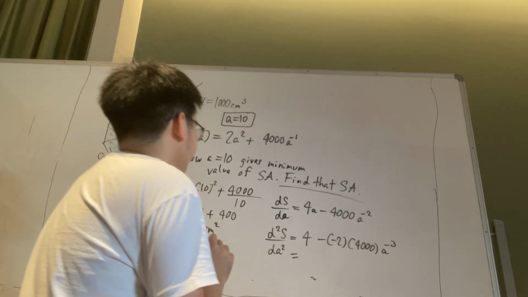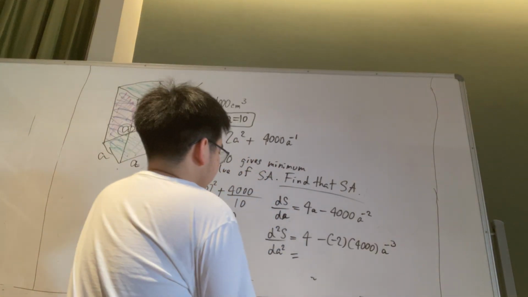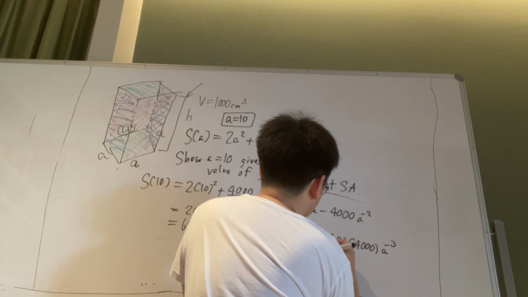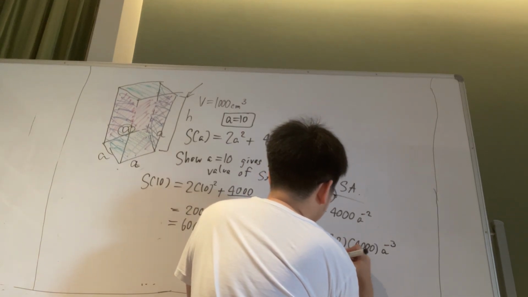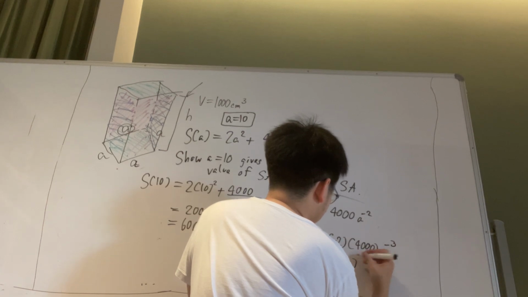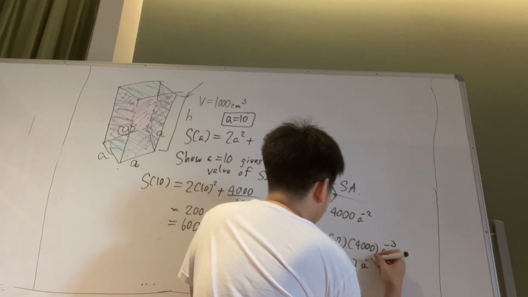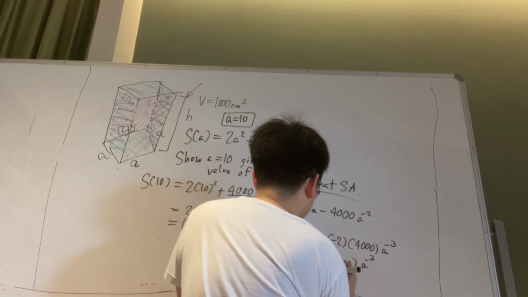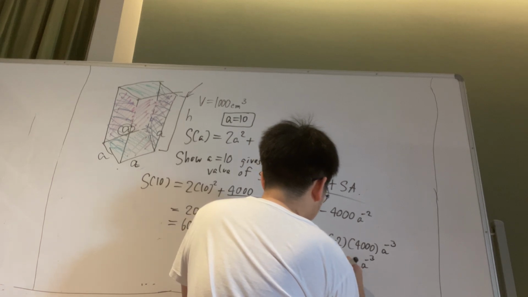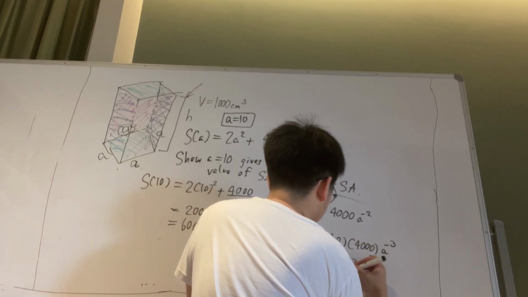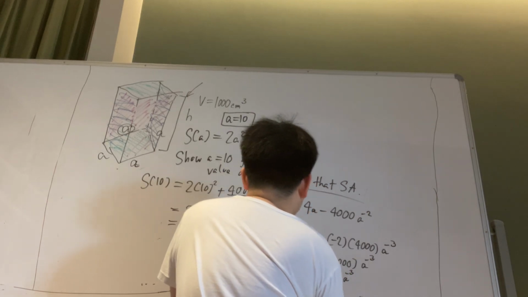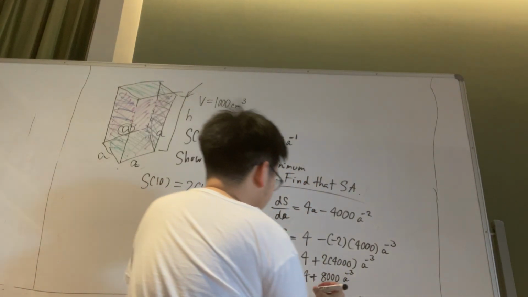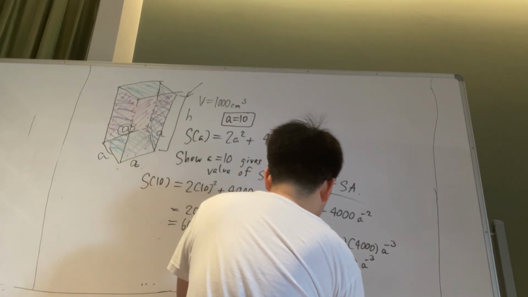Let's see. So then we get 4 plus 2 times 4,000 over a cubed here. So this is 4 plus 8,000 a to the negative 3. And then if I put a is 10 there, that's 4 plus 8,000